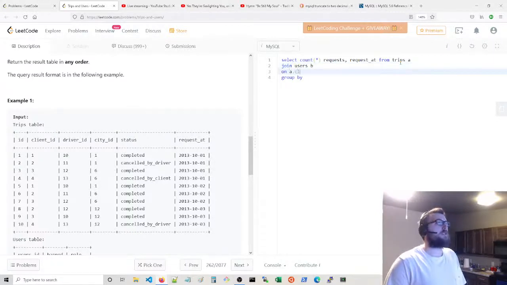We're going to say a.client ID equals b.users ID. Join users C on a.driver ID equals c.driver ID. Where